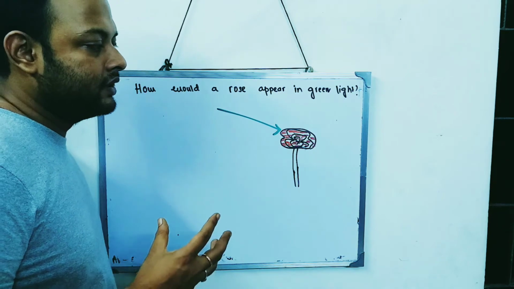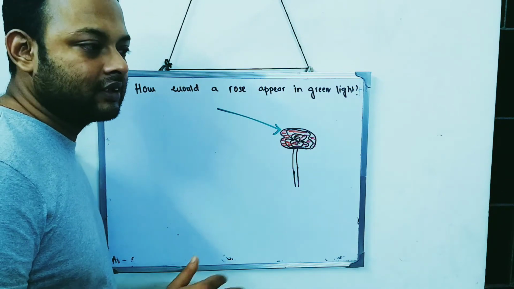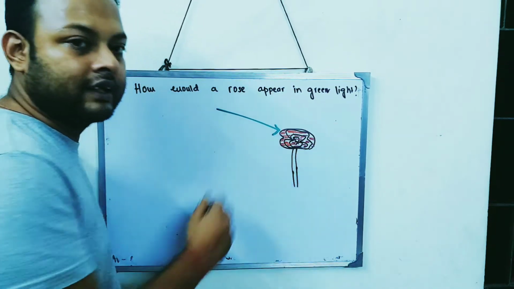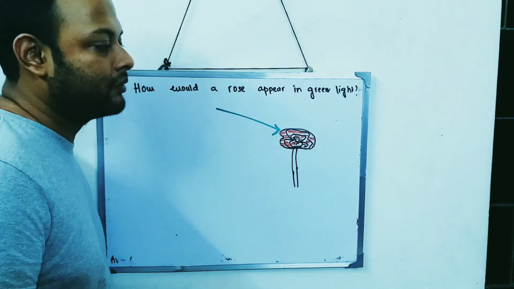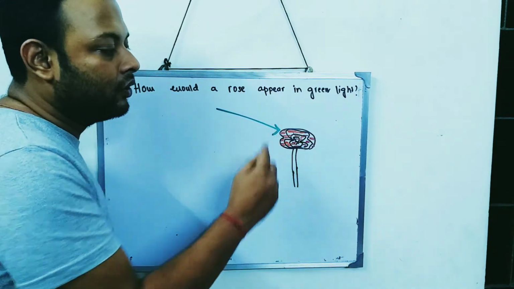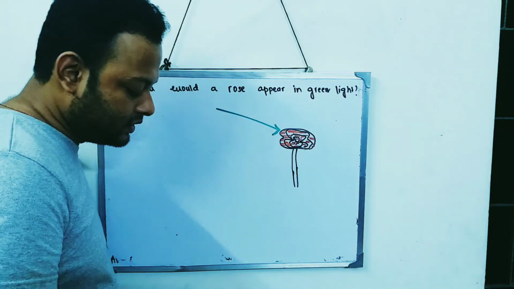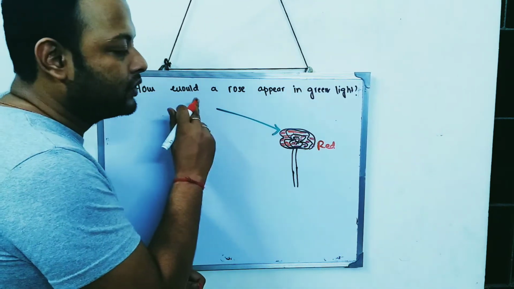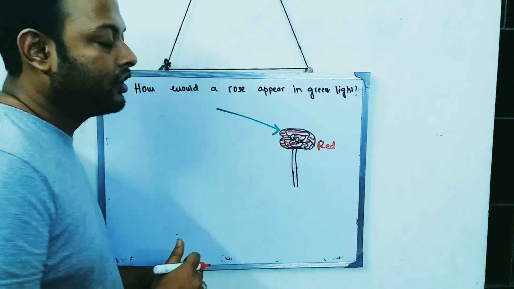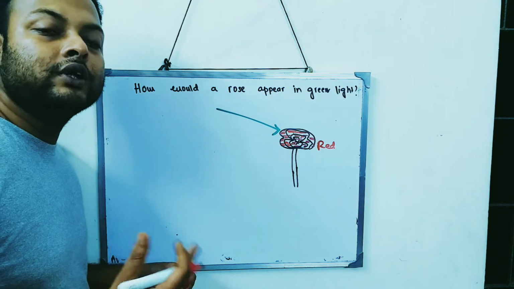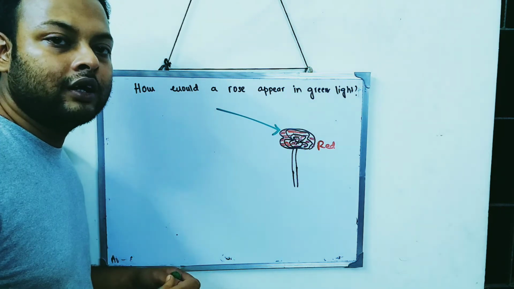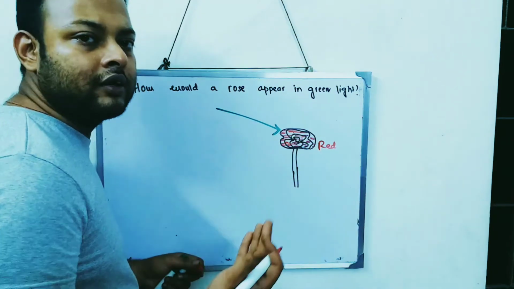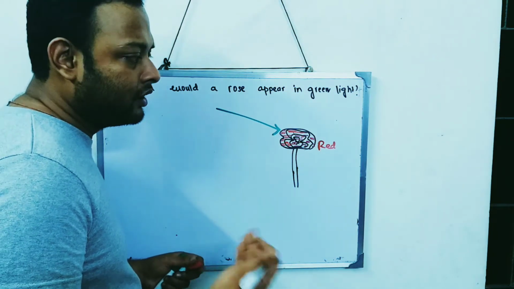See, it is very easy. If you have seen the previous 2 lectures, it is just a primary color which is getting incident on a surface which is also made up of a primary color. Now this rose is red in color, and the light which is coming on it is green. As I told you, the surface will only reflect that particular color which it is made up of. So this red rose will only reflect the red color.